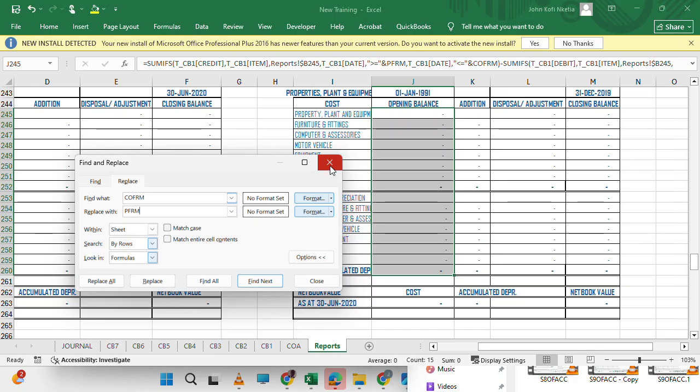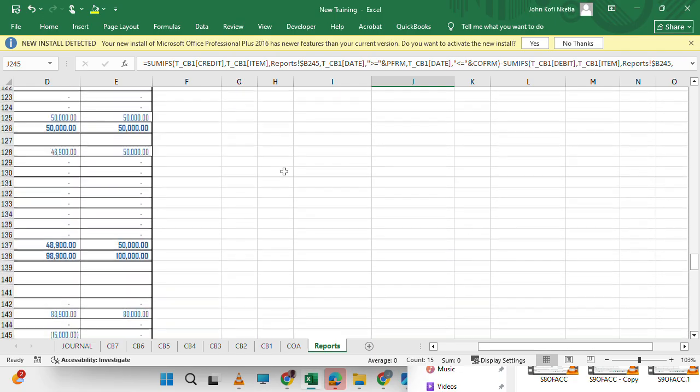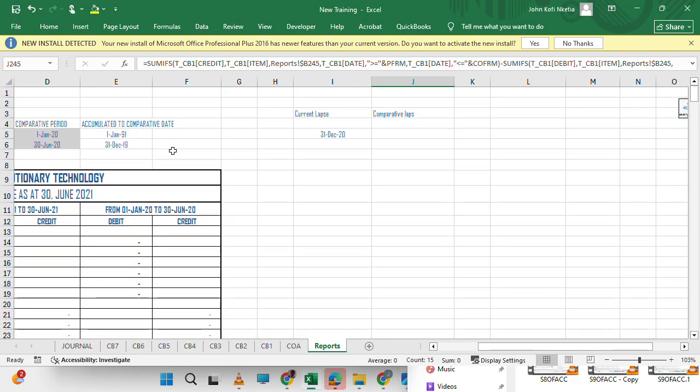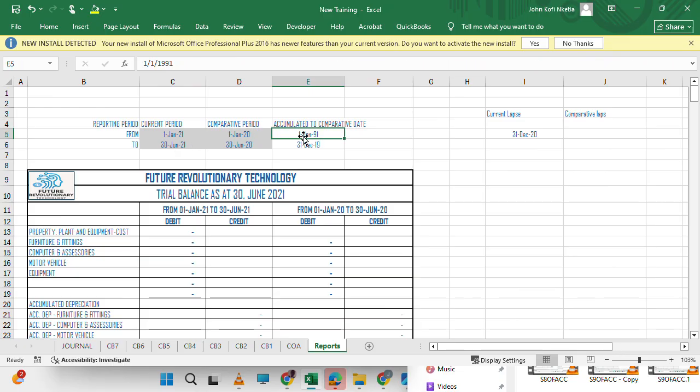It's rather going to change to, let me check it well. So this one is a P from, and the opening balance,